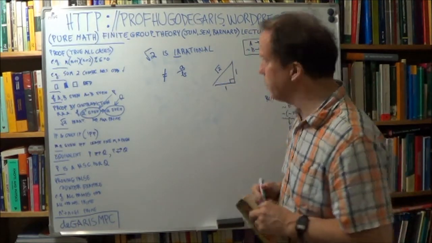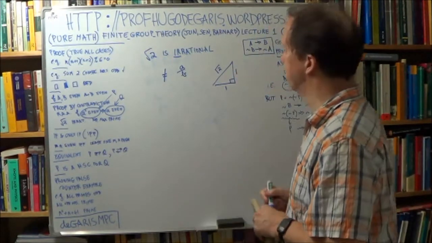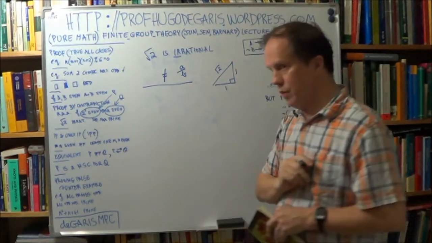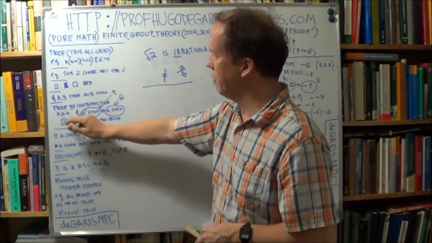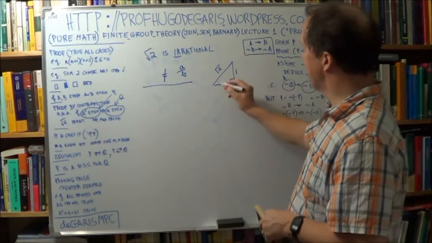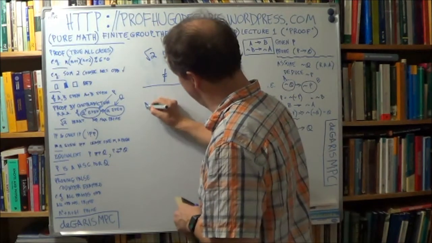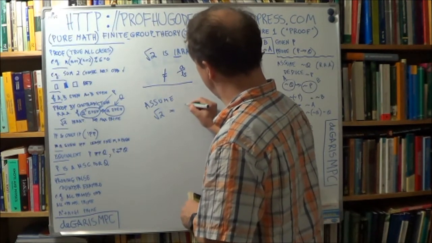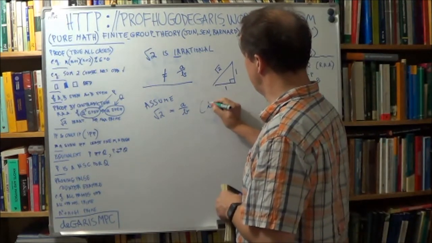Now, how do you prove that? How do you prove that square root of 2 is irrational, not rational? Well, we can use this particular proof technique, proof by contradiction, or RAA, reductio ad absurdum. And the way we do it is to assume the opposite. So let's assume that root 2 can be written as a rational number, that is, assume